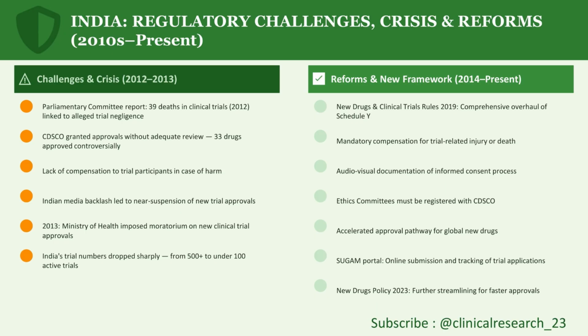Back in 2013, the Ministry of Health imposed a moratorium on new trial approvals, largely due to concerns over safety and regulatory oversight. This was further fueled by media backlash, which led to a near suspension of new trial approvals altogether. One critical issue was the lack of proper compensation for trial participants in cases of harm, which raised serious ethical concerns. There were also controversies around CDSCO granting approvals to 33 drugs without adequate review, leading to questions about